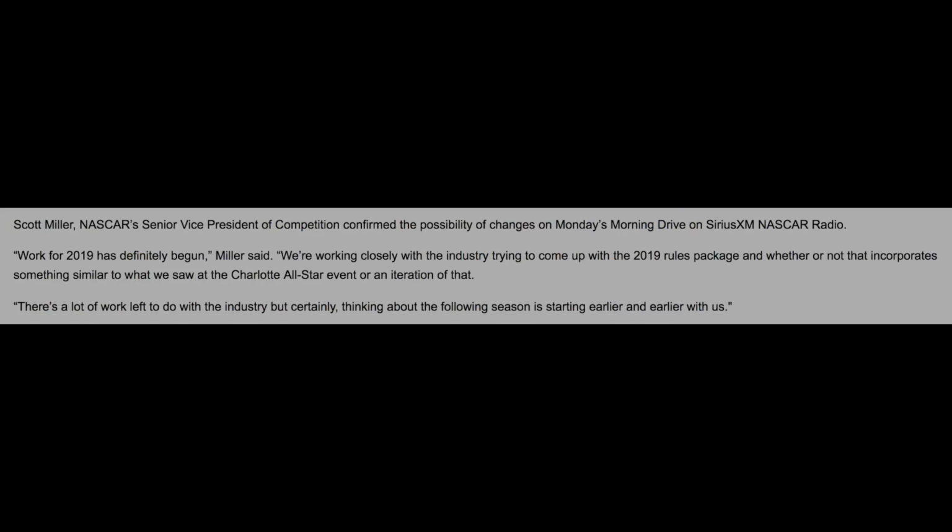Then the configuration could also be used for both Texas races, the Kansas Speedway races, Michigan Speedway, Charlotte May races, Chicagoland Speedway, Kentucky Speedway, and Indianapolis Motor Speedway. You won't see this package at Martinsville, don't worry about that. Scott Miller, NASCAR's Senior Vice President of Competition, confirmed the possibility of the changes on Monday's morning drive, saying